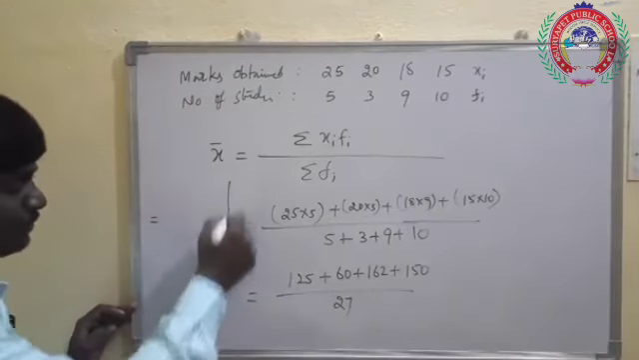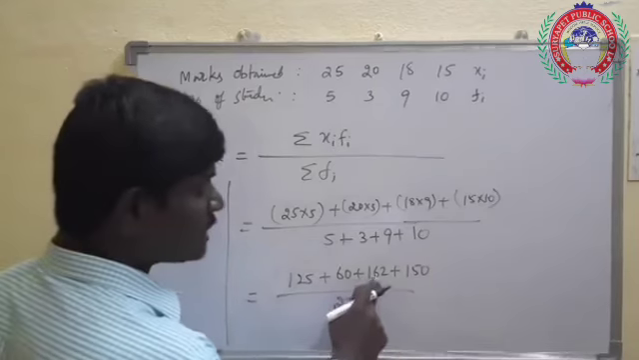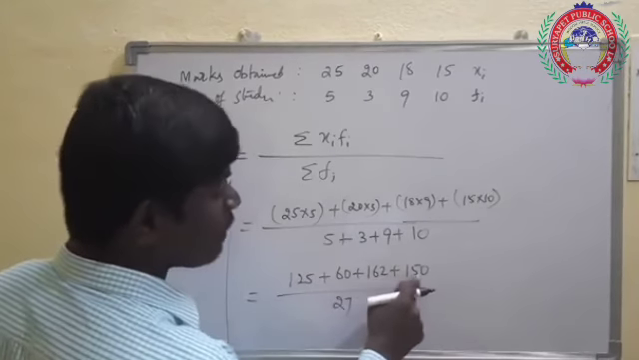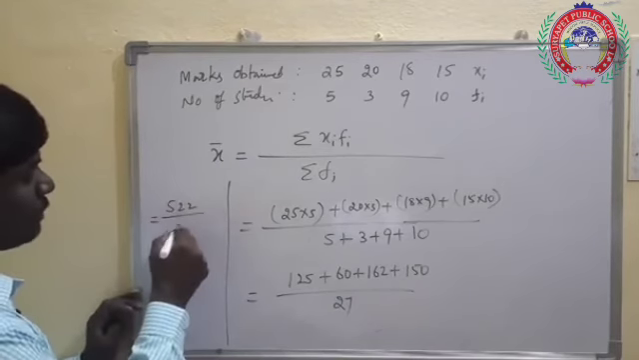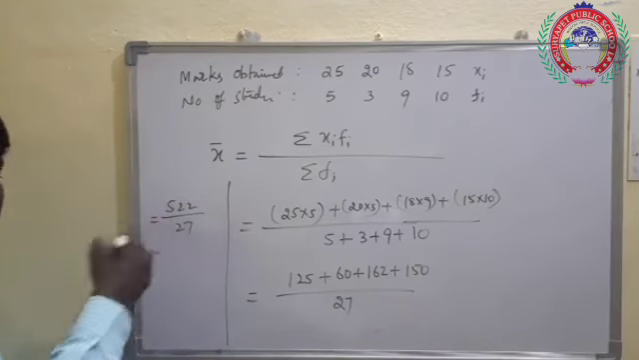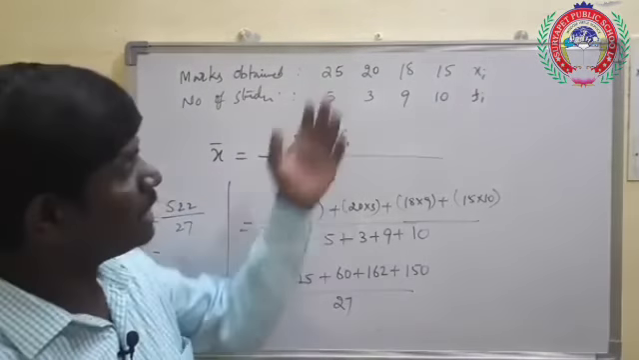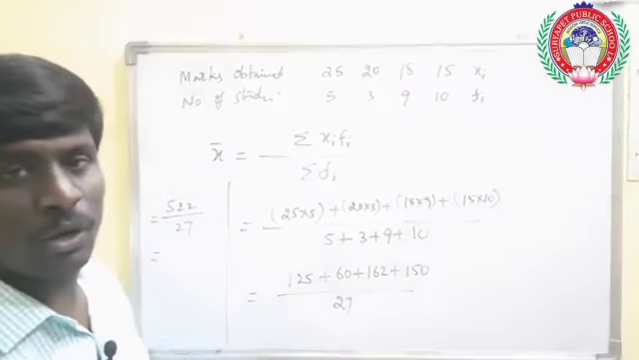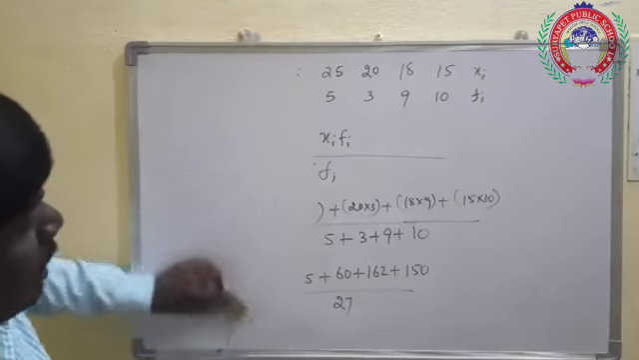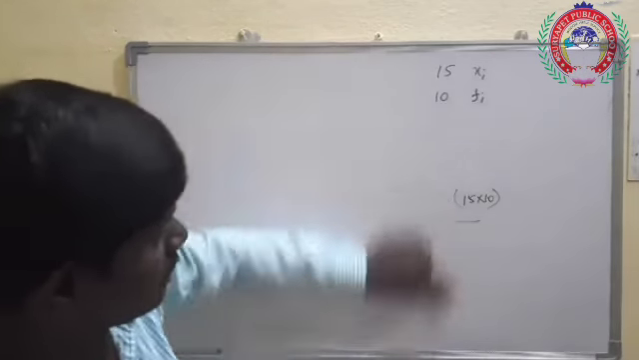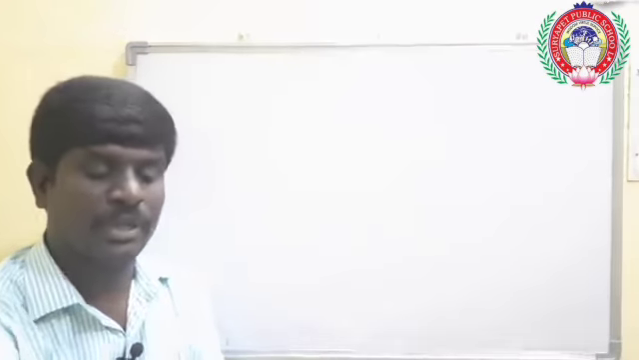Next, 125 plus 60 is 185, plus 162 is 347, plus 150 is 497. Whole divided by 27. When we divide this number by 27, we will get the mean mark of this data. Okay friends, whatever we have seen, two examples, all these are ungrouped data, right? And how we can find the mean